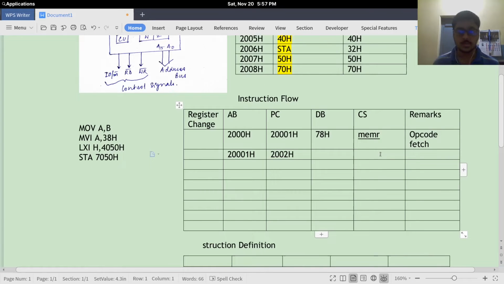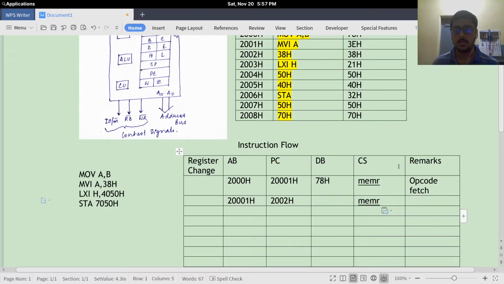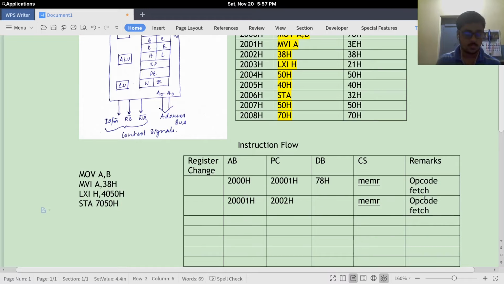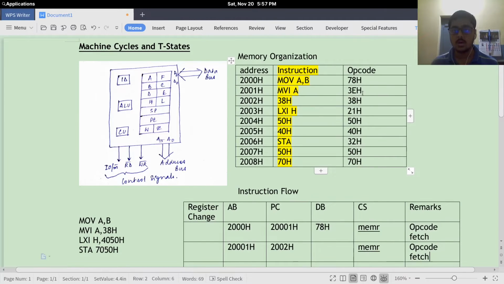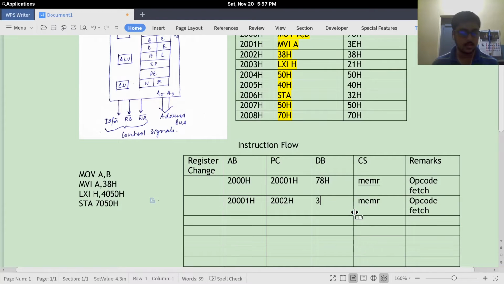So we send an active low signal MEMR for reading from the memory, again an opcode fetch, and we fetch the opcode which is 3EH.